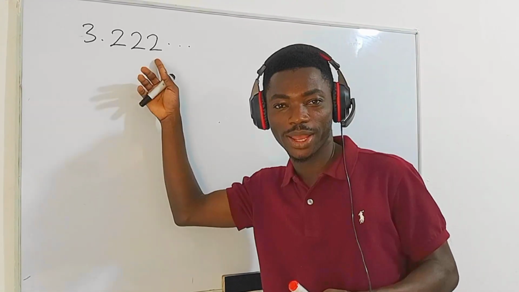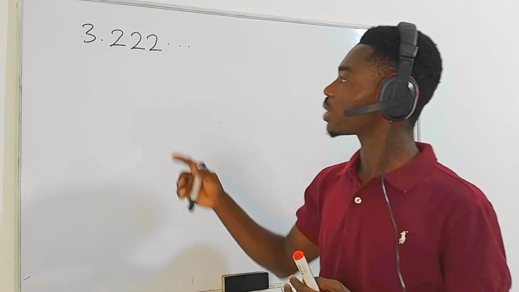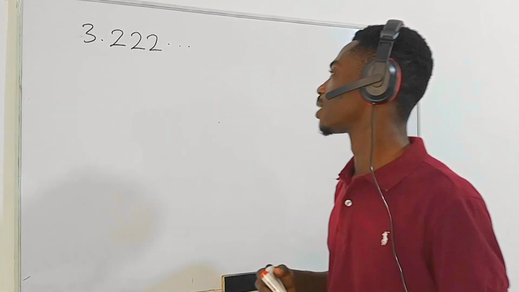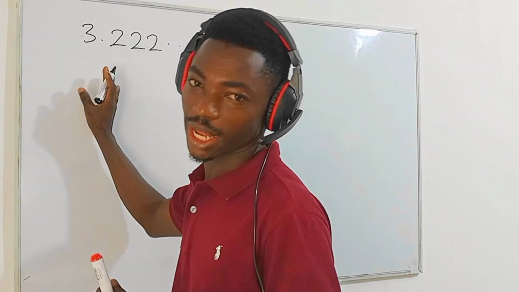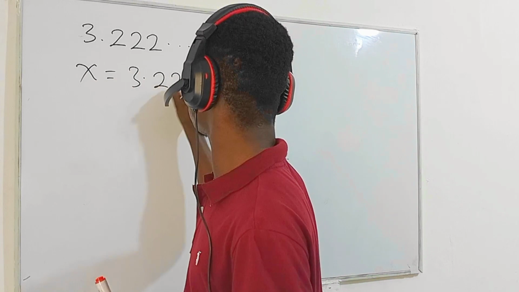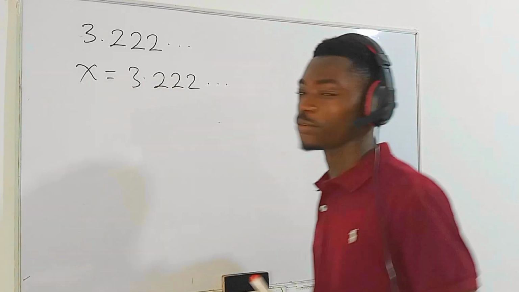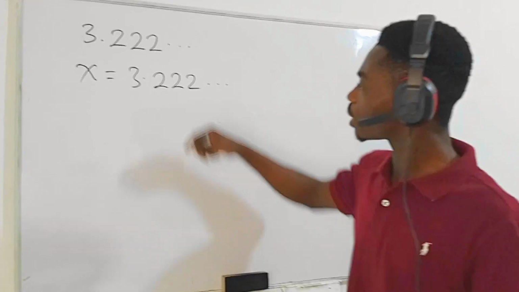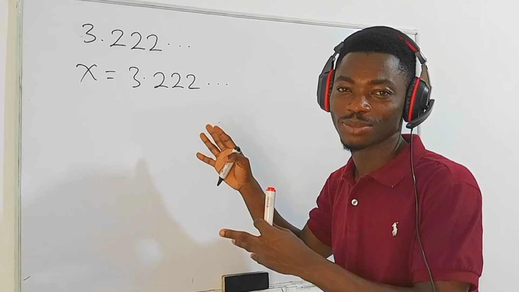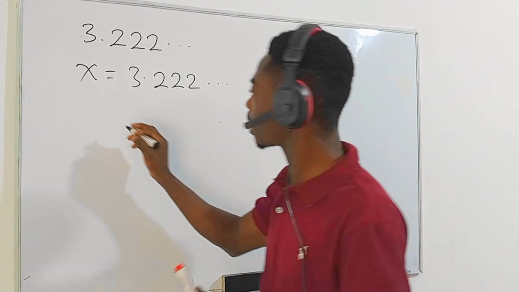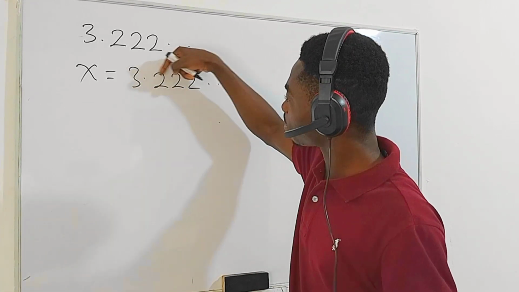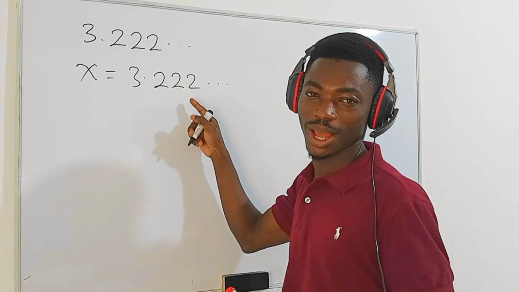Now, with this second example, we want to change it to a common fraction. We can clearly see that the 222 is the part that is recurring. So let's go ahead and do that. First of all, we will let the fraction that we are looking for be x, and that is equal to 3.222 up to infinity. And this time round, we would like to shift the decimal point in such a way that in the new equation, all the digits after the decimal point will be the same. I know that after the decimal point, we have 2 right here. As soon as I move this decimal point to this place, we will still be getting 2 as the digits